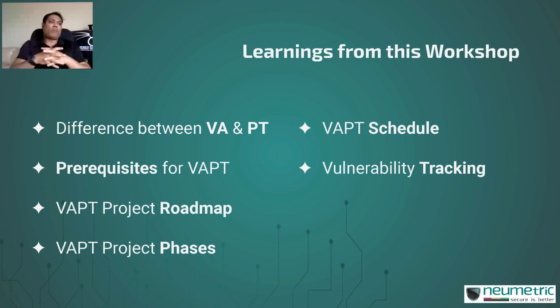That is what PT is all about. So see, this entire session I've been talking about VA and PT being, the two of them being different. But if you do not do PT, this happens very often that you may, let's say, discover some vulnerability. Unfortunately for you, let's say it gets identified as, or it gets rated as a medium or a low severity vulnerability, because on the face of it, that is what it is. That is what OWASP guidelines or SANS 25 say. So your security team will classify it as per the CWE rating or as per the CVSS score.